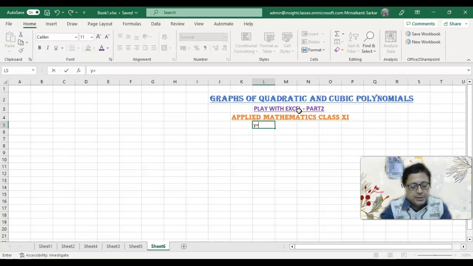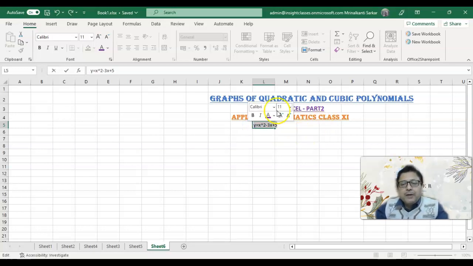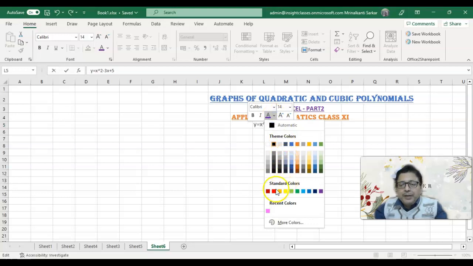x to the power 2 minus 3x plus 5. This is a quadratic polynomial. We need to plot the graph of this function in Excel workbook. How to plot this? We'll be using the same logic we have used for previous